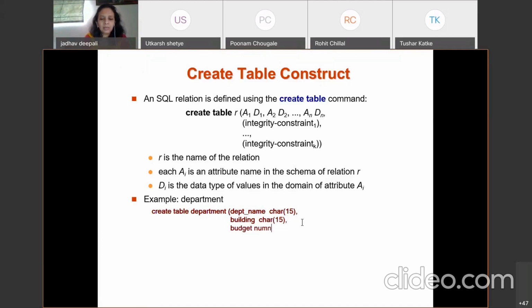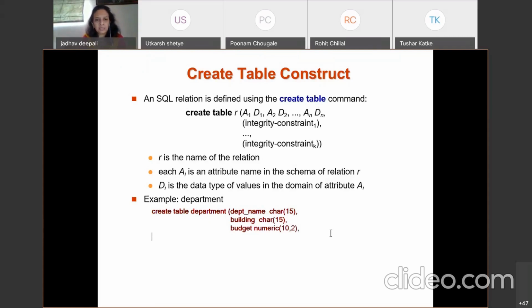Normally it's a floating point, so we use numeric. Budgets are always bigger values, so I give 10,2. So that is about A1, D1, A2, D2, up to An and Dn: three attributes and the three domain types of the attributes.